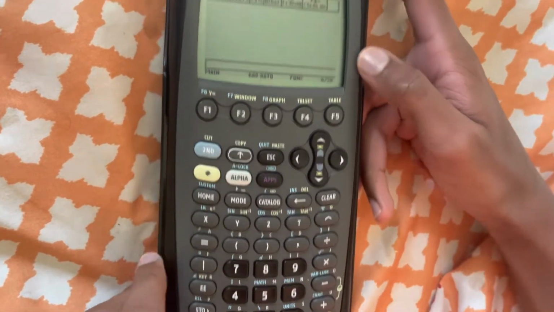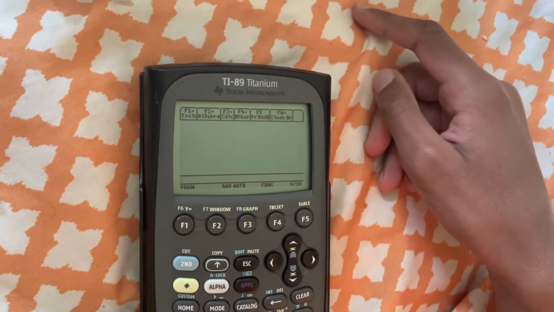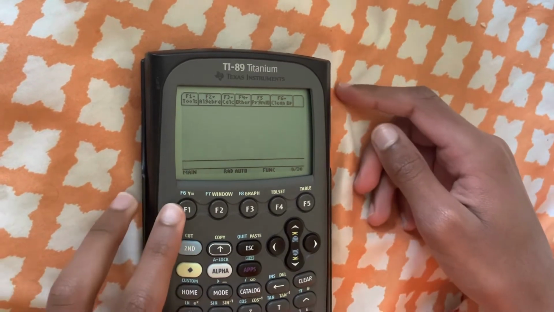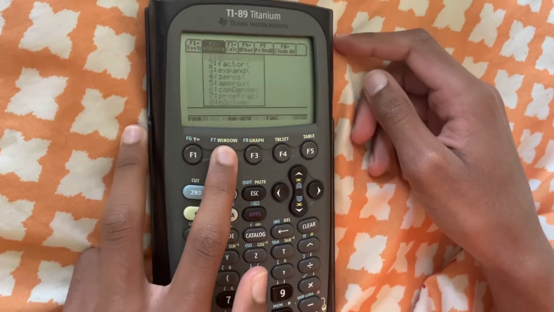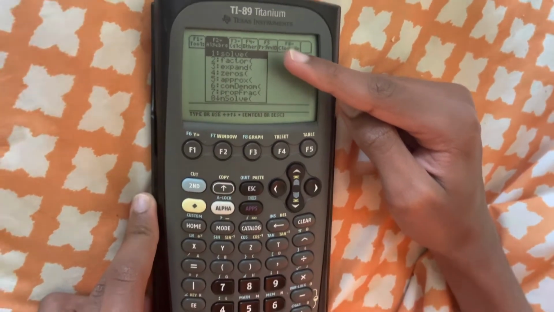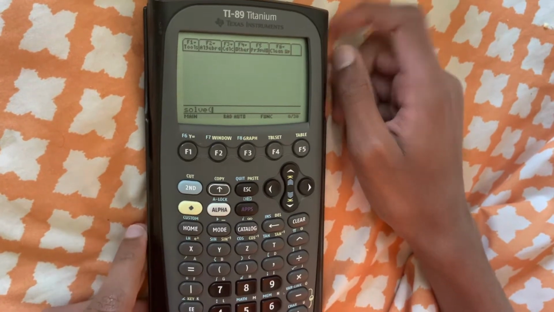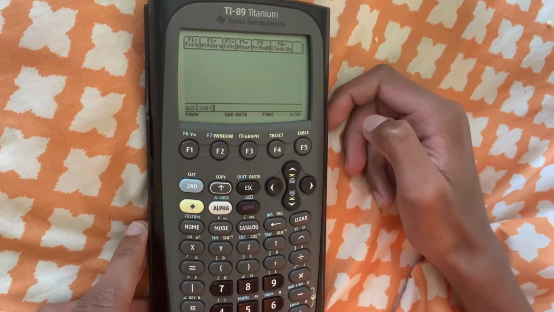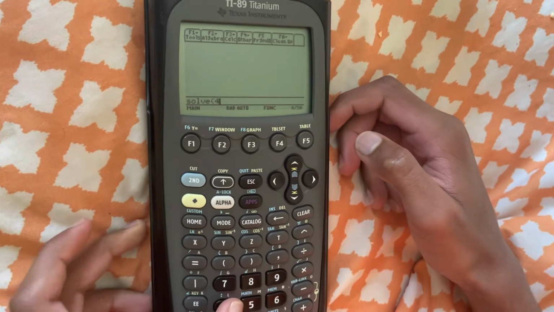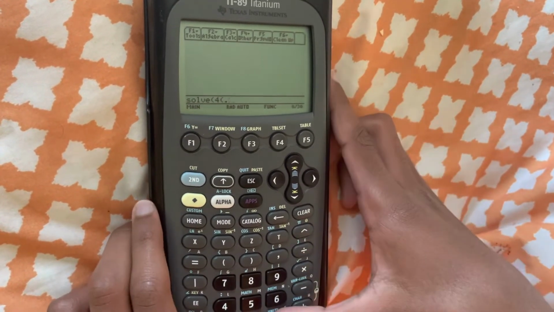So first, this is an equation, so I need to use solve. I'll go to F2, and then you can see the first one is solve, so click 1. And now I'm going to type in the problem. So 4 times 0.23x